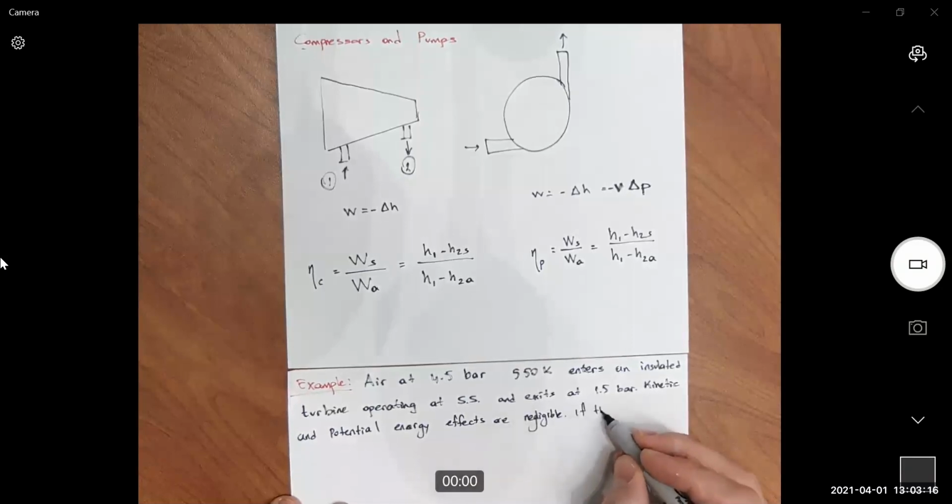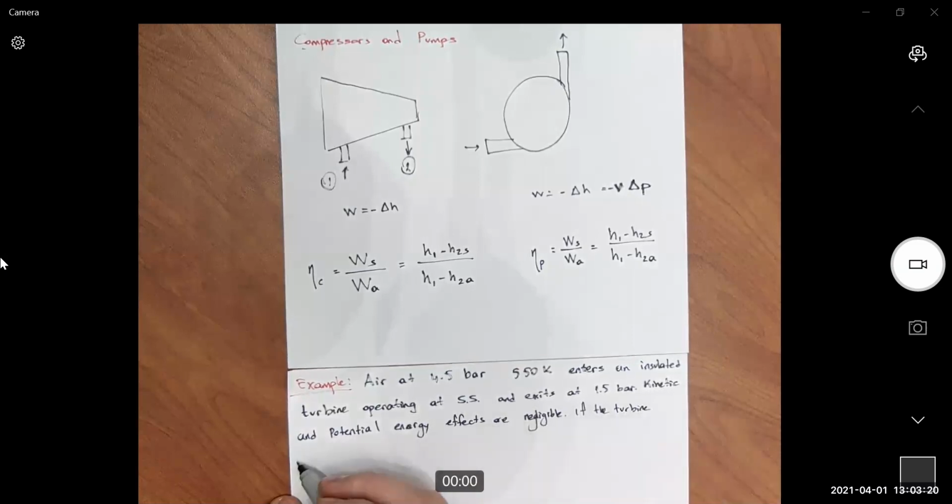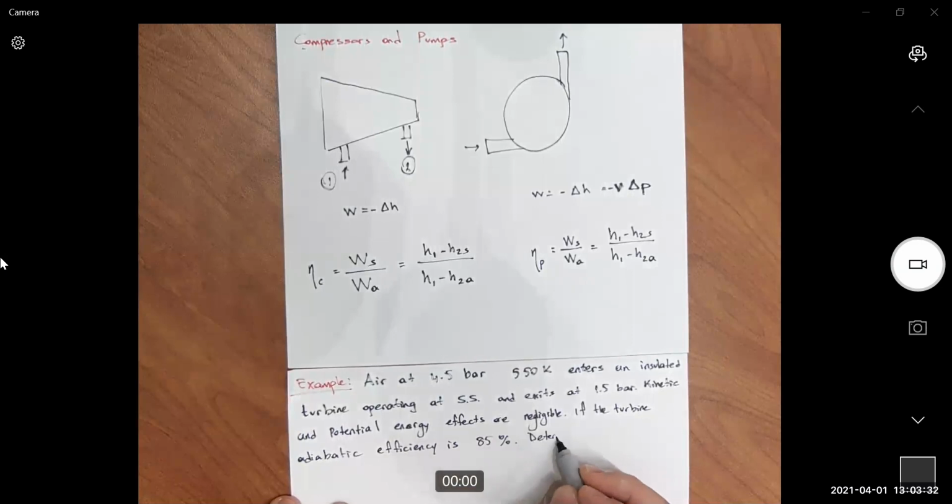If the turbine adiabatic efficiency is 85%, determine: